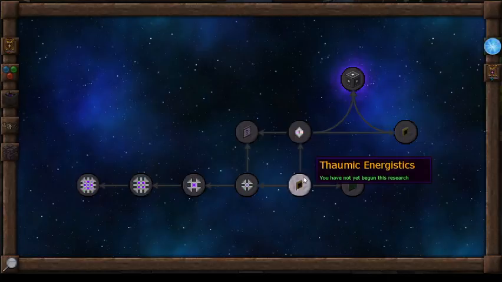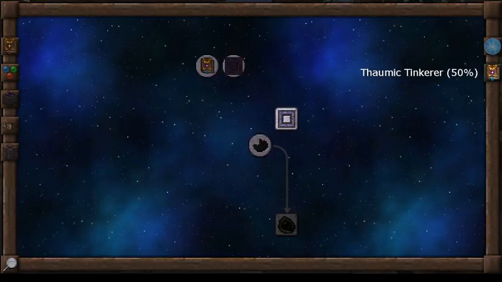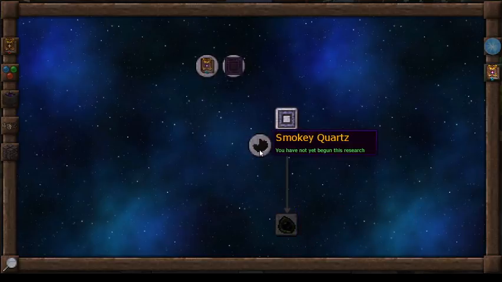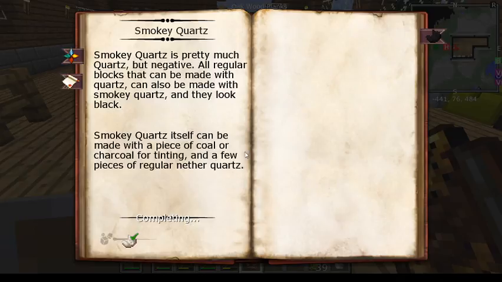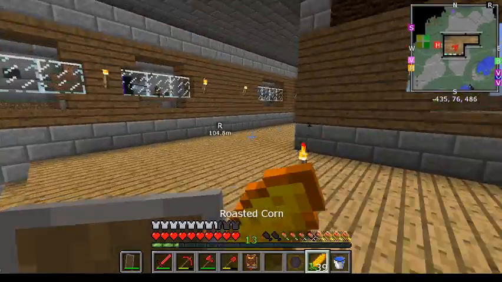We've done some energistic. No, we haven't done energistic. We've done some Thaumic Tinkerer. Apparently, we're 50% completed with Thaumic Tinkerer. We have completed all three of these. It won't let us complete it for whatever reason. And we could get this if it would let us complete this task, but it won't for whatever reason. So unfortunately, we're stuck without that. But yeah, anyway,